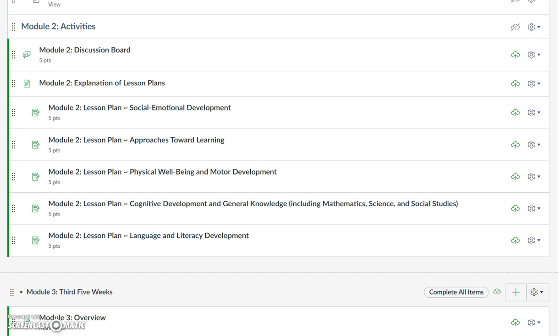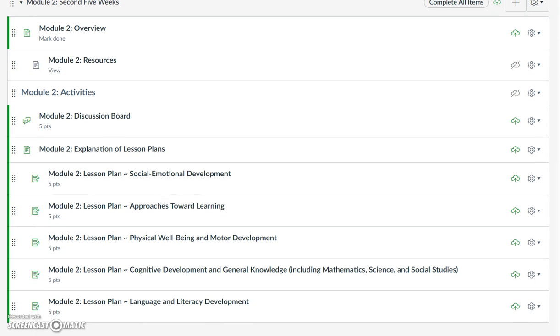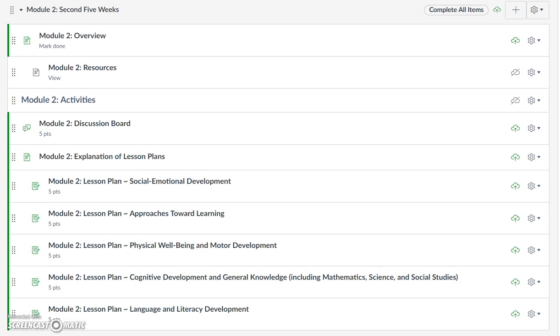So again, just to remind everyone, you will have the topic or the theme based on what you and your cooperating teacher come up with, but they must address these domains. And a lesson plan can be something for the whole class. It can be more of a mini unit. You can do even a center that's based on a social emotional development. So that's up to the discretion of you and your cooperating teacher. So again, if you have any questions, please let myself know or work with your supervisor to get the answers you need to know to do your second 5 weeks.